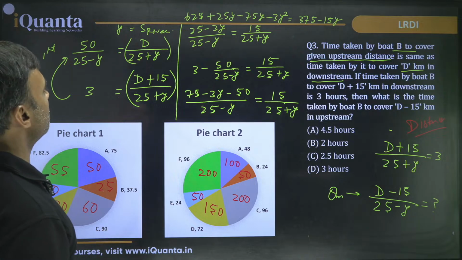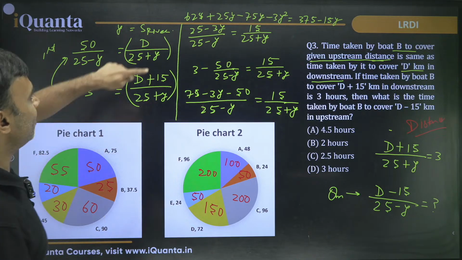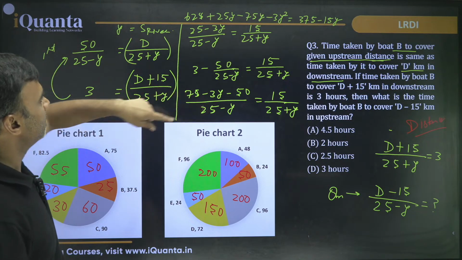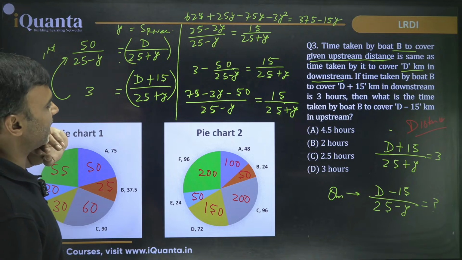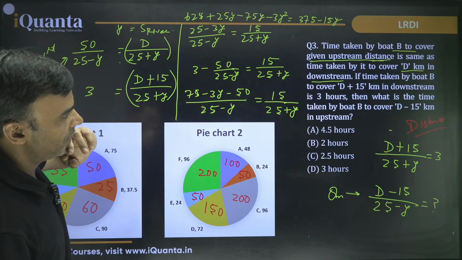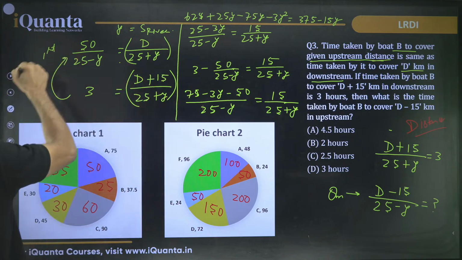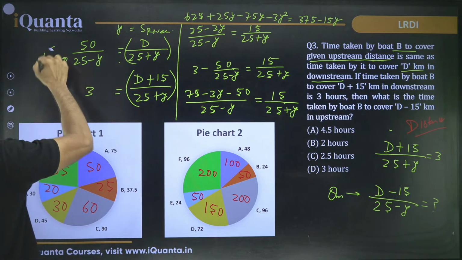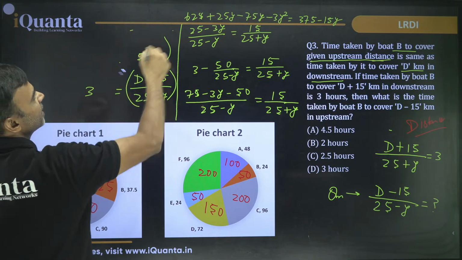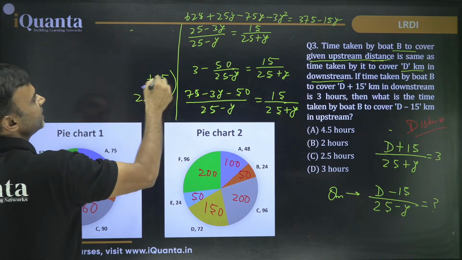I am running out of space, so where should I go? I am going to clean this because its work is done, we subtracted and this has come. But we will need this now to find the value of d. We are going to need it. We'll use that one. So I'm going to remove this so that we have some space here and we can take up that equation here. Okay, let's see.